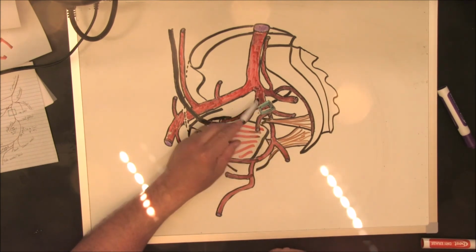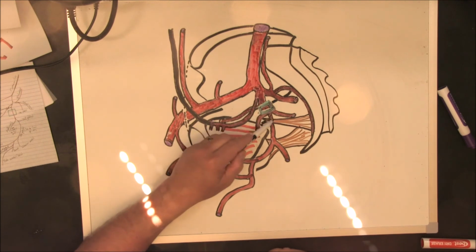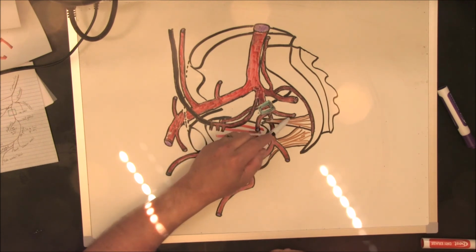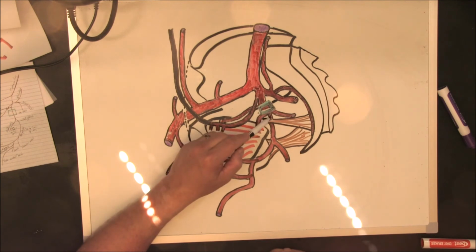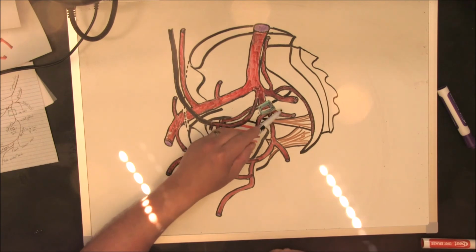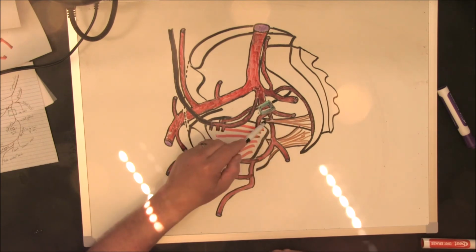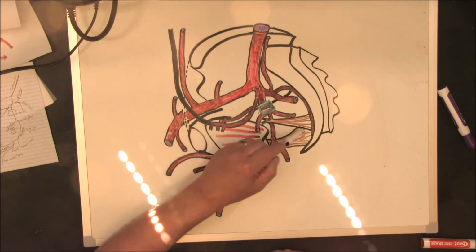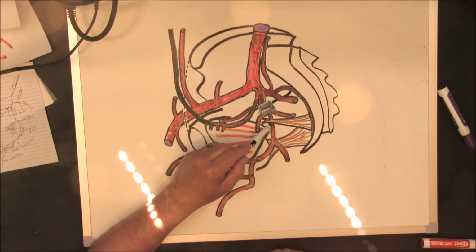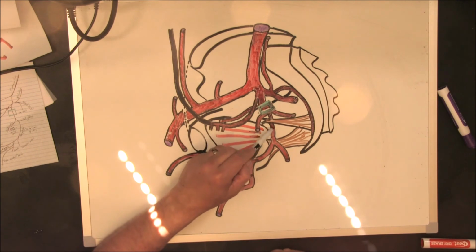Inferior portion here of the internal iliac artery gives off the inferior gluteal artery, the middle rectal artery, and the internal pudendal artery. Internal pudendal passes out of the pelvis through the greater sciatic foramen, and in doing so it passes posterior to the sacrospinous ligament, but it then immediately re-enters the pelvis through the lesser sciatic or inferior sciatic foramen right here, and is going to travel medially and give off the